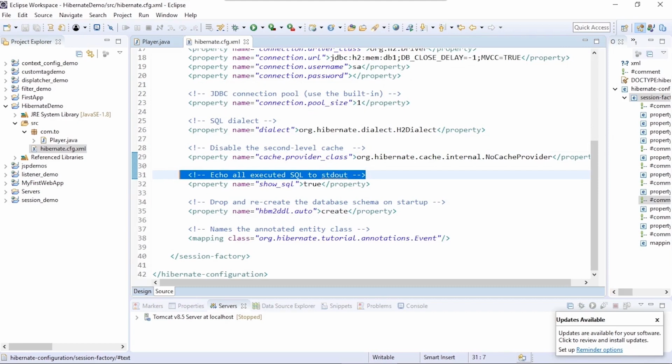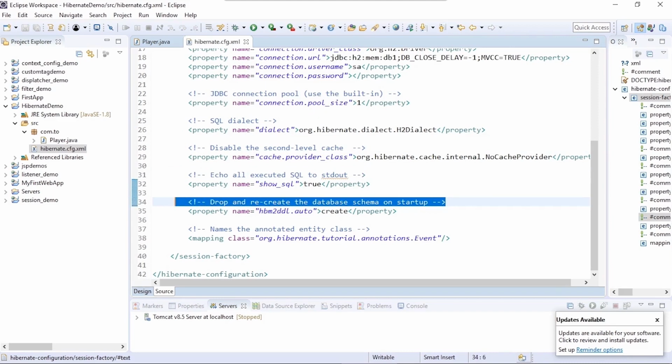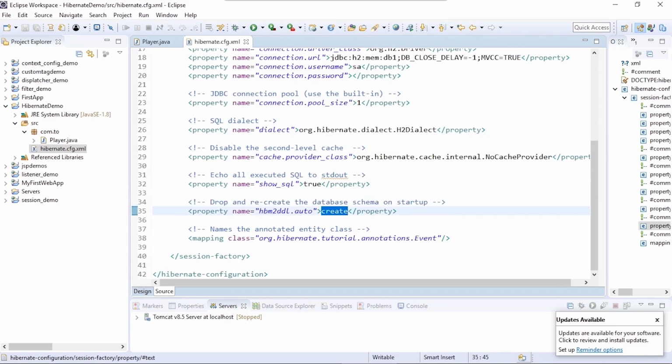This will allow us to drop and create the table. It will create the table at the first run, and on every subsequent run it will modify and recreate the table. So it will drop the table and recreate it. Now you see a mapping class here. Here we will map it to com.to.player.